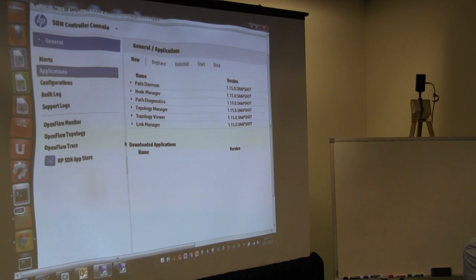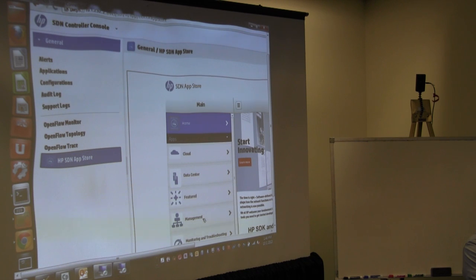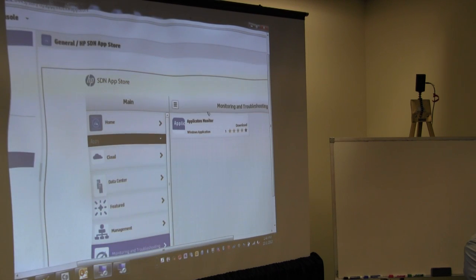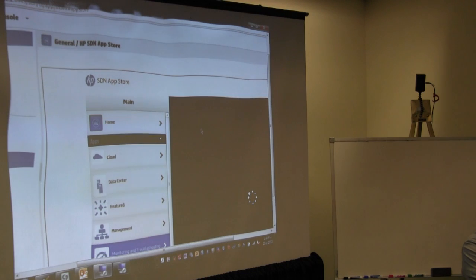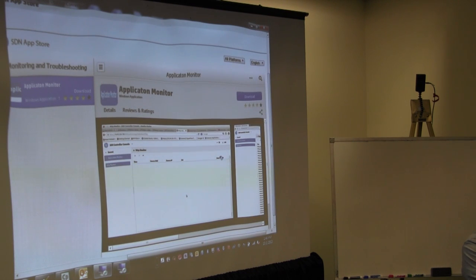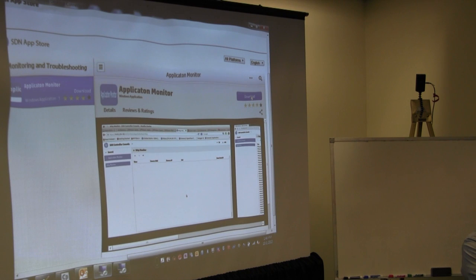So we have this new idea of downloaded applications along with some of our standard applications. We actually integrated the App Store directly into the controller itself. So we can go to the App Store, go to an app. We're actually providing this app for free to everyone, as well as the source code to it. It's kind of like our sample app. So we click on it. You can see the application, and you can get screenshots. You can see user ratings and some details about it. We can put links to videos and all that kind of stuff in here. So if we click download,